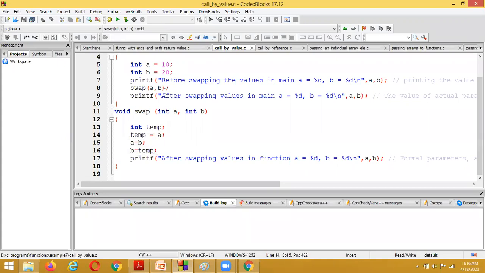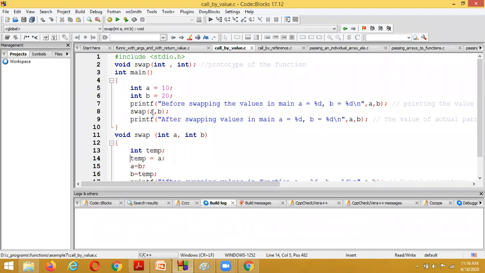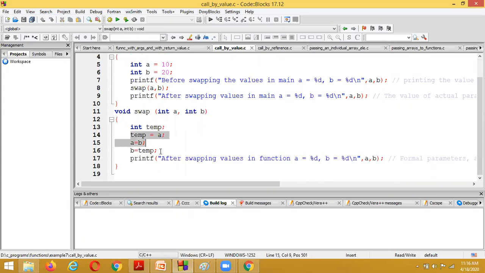And here a value is 10. The 10 is going to be copied into this a, and b value is 20. The 20 is going to be copied into the b. And here, inside this function, we have interchanged. And after that we are writing something: after swapping, the values of a and b are